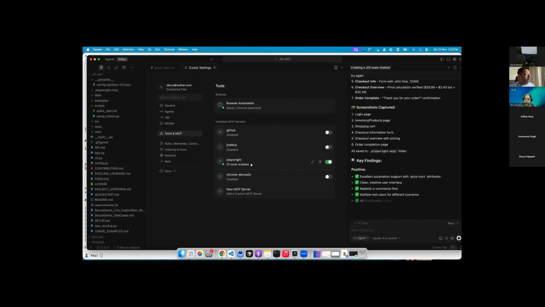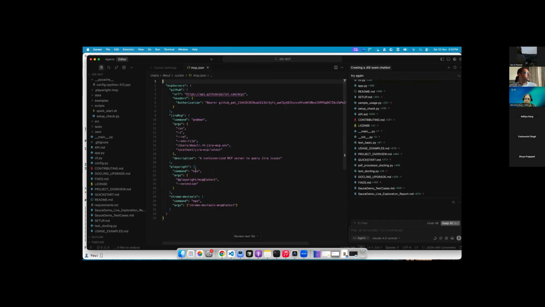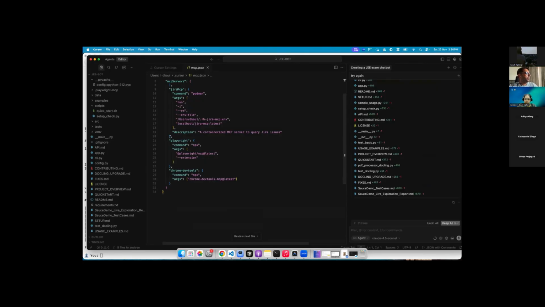So one quick trick that I wanted to show you about Playwright MCP server is, so this is the Playwright MCP server. If you want to add a new server, you just add a comma here and then add the JSON for a new server. So if you look at this thing, minus extension, this is optional. If you remove it, it will still run your Playwright MCP client inside Cursor. But by adding minus extension, what it does is you can connect your browser to a